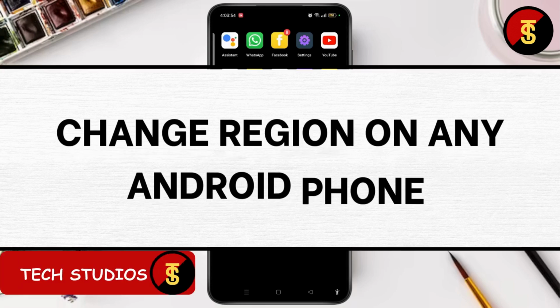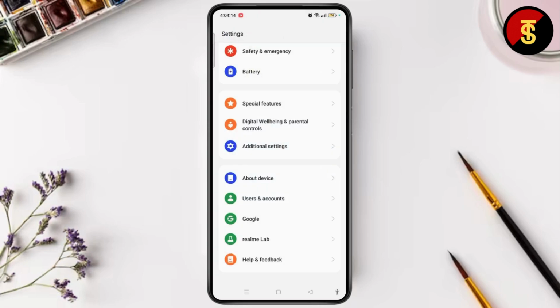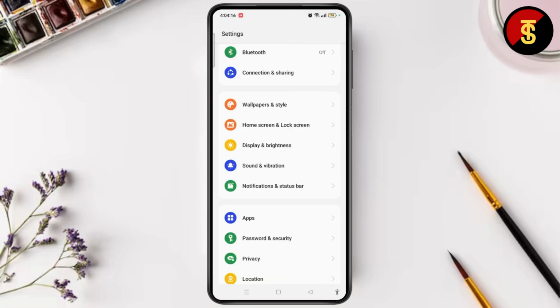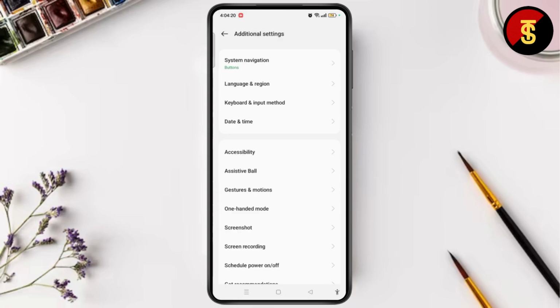How to change region on any Android? First of all, go ahead and open settings on your Android device. And on this Android device, you need to simply search for additional settings. Open it. And under this additional settings, you'll find many options, but you have to open the language and region